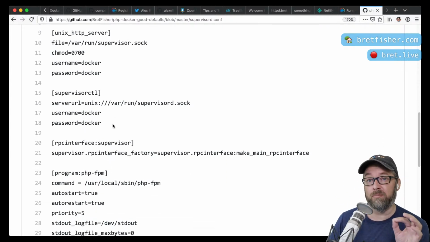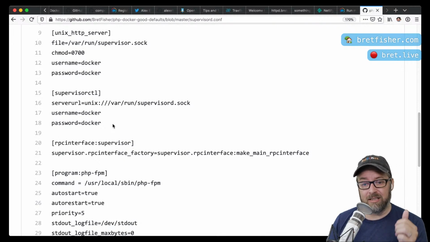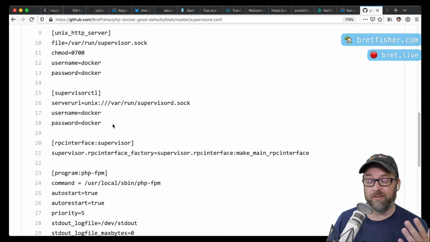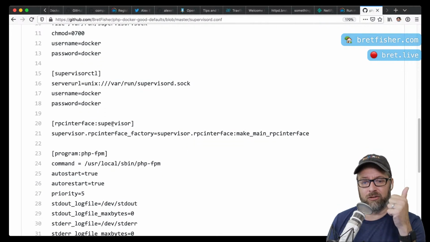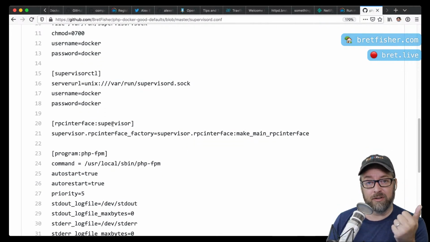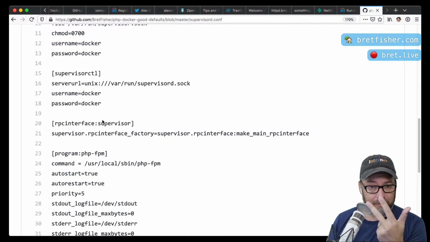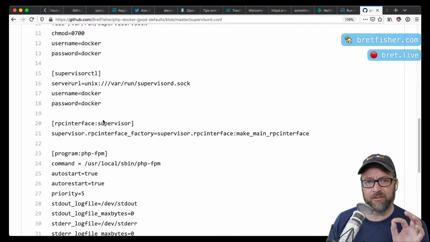And so what I'm doing here is I'm spinning up supervisor, and I'm actually spinning up supervisor with an endpoint to monitor supervisor, because now your health checks for this container need to include supervisor because it's one of the binaries running in the container. So technically you're running supervisor, and then if you're running two different apps, the syslog and then the app itself, so now you're running three binaries. Supervisor is the root, it's the PID 0.